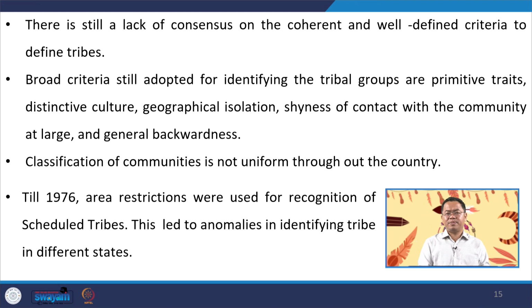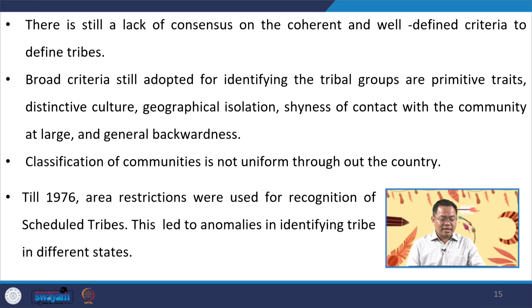Now, let us take the example of some tribal communities in Assam. During the British period, several tribal communities from Jharkhand, particularly the Chotanagpur region, were being transported forcefully to work in the tea plantations of Assam, and today they are popularly known as tea tribes, primarily because they are working in tea plantations. Now, back in Jharkhand or Chhattisgarh, where they are the Santals, where they are Oraons, they are identified as scheduled tribes, but in Assam they are not granted any status of a scheduled tribe. So, there is no coherence in terms of the identification of a community as a scheduled tribe.